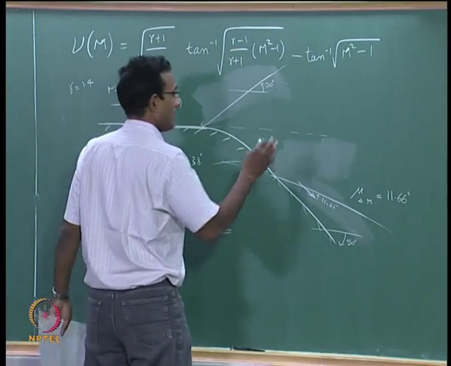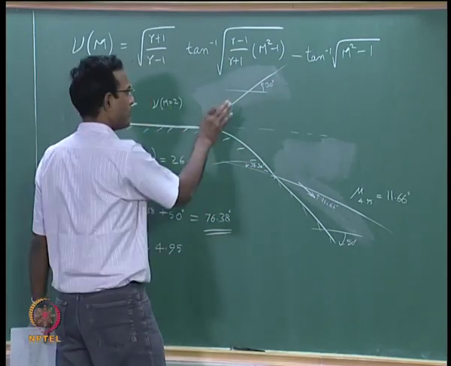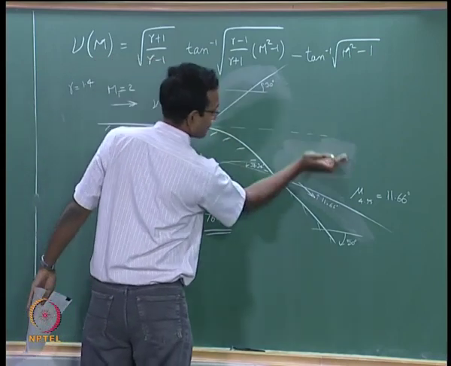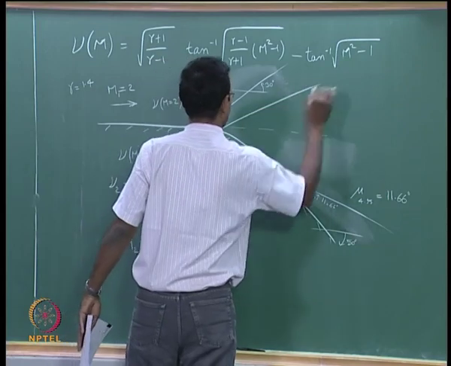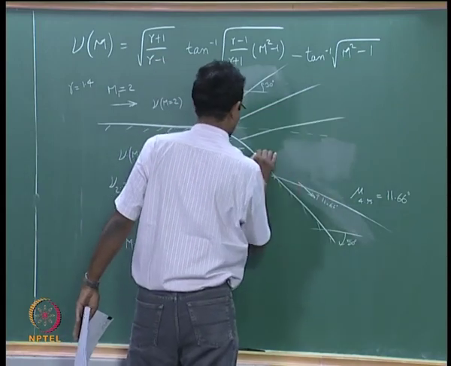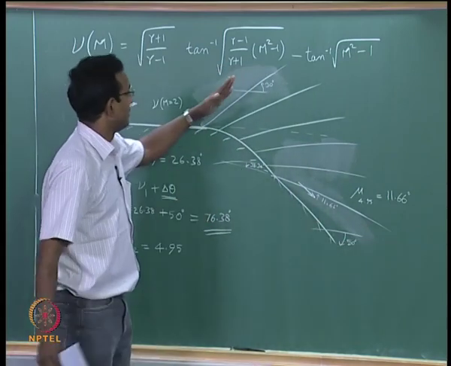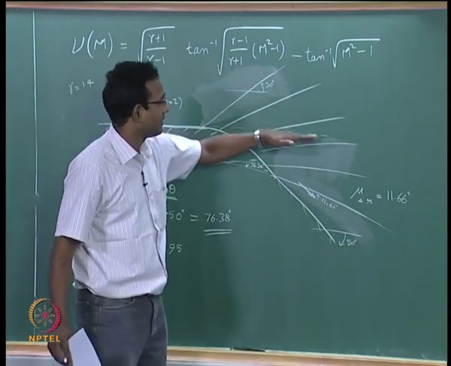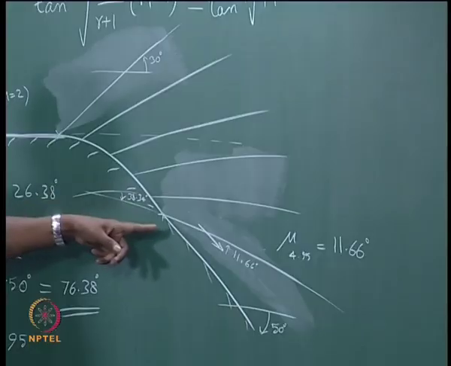Now let us say I want to draw intermediate expansion fans, a few of them. There are so many waves. I said it's an infinite number of expansion waves here, in which case I can draw a few more. When I draw others, I have to draw it such that there is a slope change in a linear fashion to some extent. I am assuming that this change is linear, it need not be.